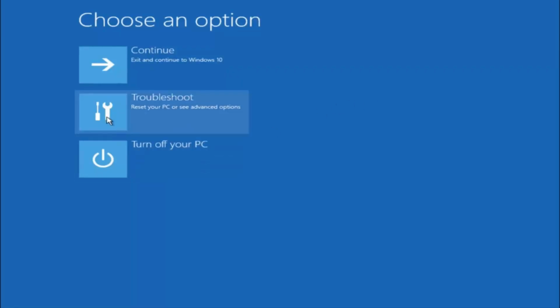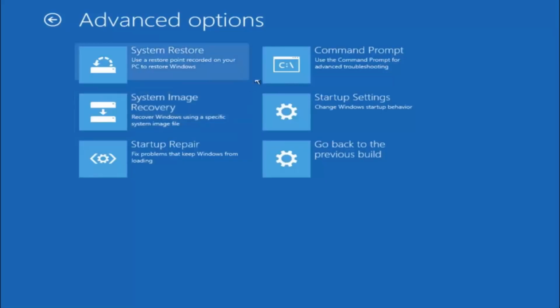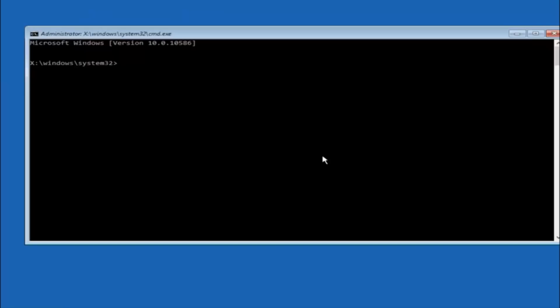Select troubleshoot underneath choose an option. Select advanced options. The top right tile should say command prompt, so you want to left click on that. Okay, so the first thing we should do is type our main hard drive here. In most cases it should be the C drive, so you just type C colon and then hit enter